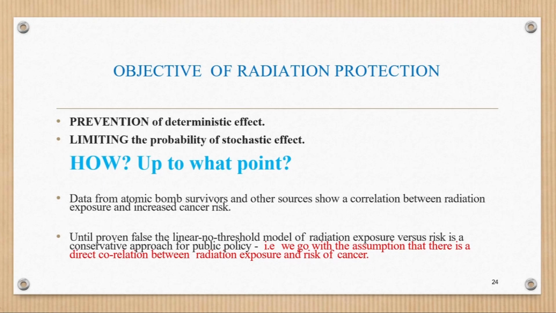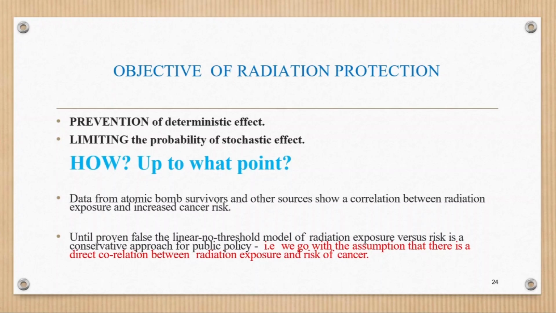Radiation protection. As we understand how radiation can harm us, now it is required to know how to protect from radiation and get its maximum benefit. So, prevention of deterministic effects and limiting the probability of stochastic effects. How to achieve this? Data from the atomic bomb survivors and other sources shows a correlation between radiation exposure and increased cancer risk. So the Hiroshima and Nagasaki nuclear bomb attack, the people who survived that horrifying incident, from there we get a lot of data